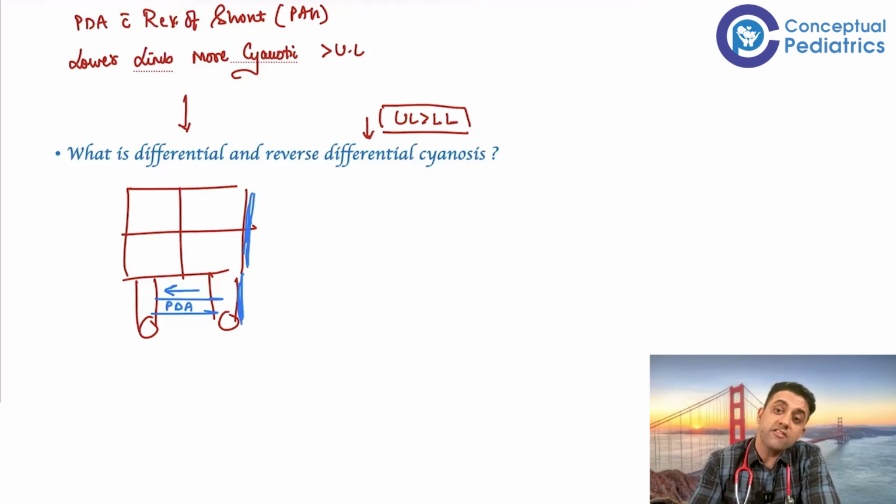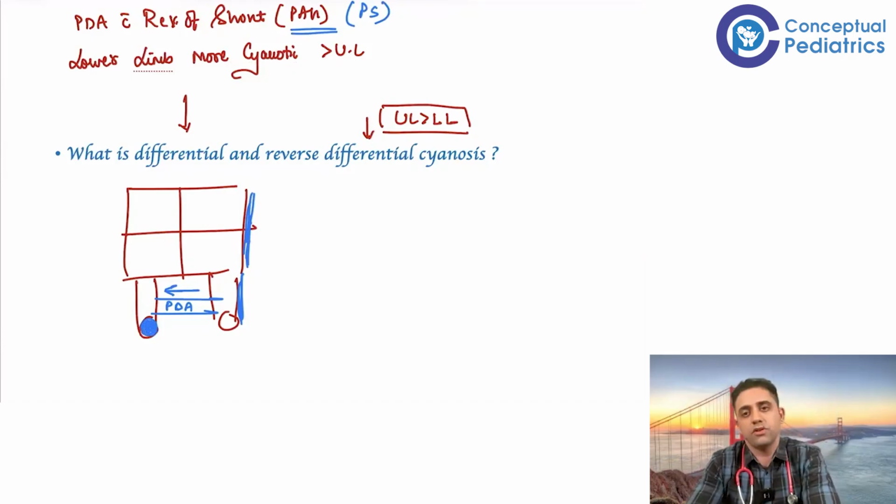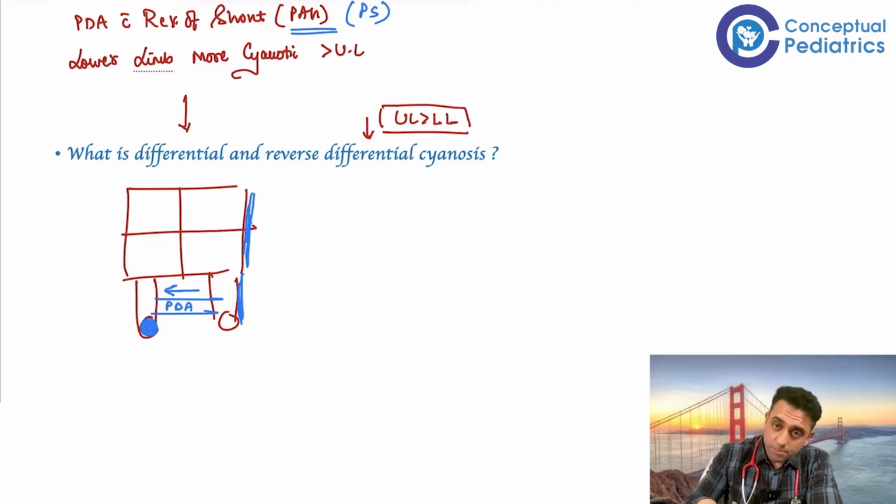Now, PDA with the reversal of shunt. Reversal of shunt means kind of a pulmonary artery hypertension. I can write in simple words, pulmonary stenosis. Imagine you have a PDA and imagine eventually the patient develops pulmonary stenosis. So PDA was a left to right shunt, but PDA with pulmonary stenosis, automatically this is a right to left